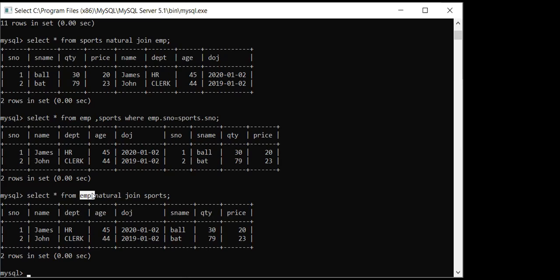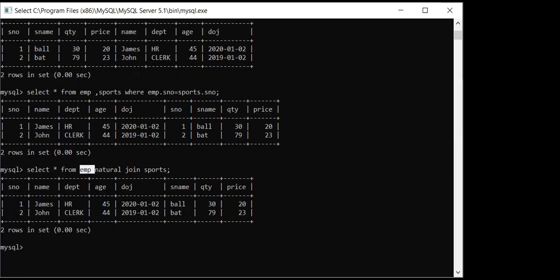Then in natural join also you can write some condition. Right now what we have done is natural join. Natural join means corresponding information is joined together. Still, if you wanted to apply a few more conditions, for example, I only wanted to see the information whose age is 45 or greater than 45.